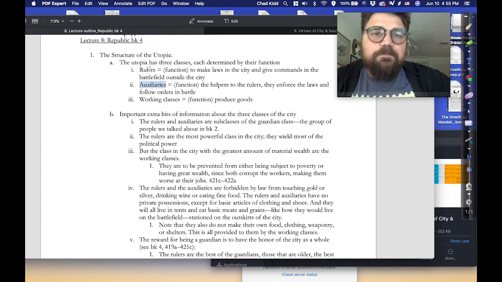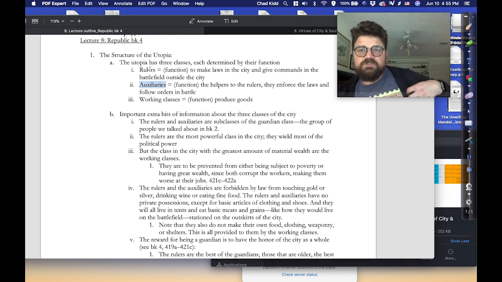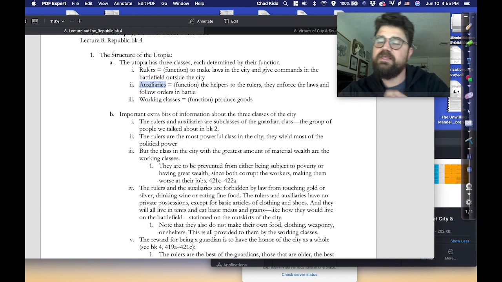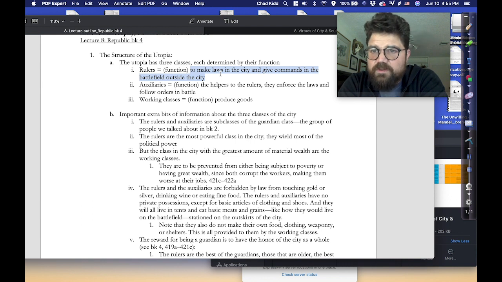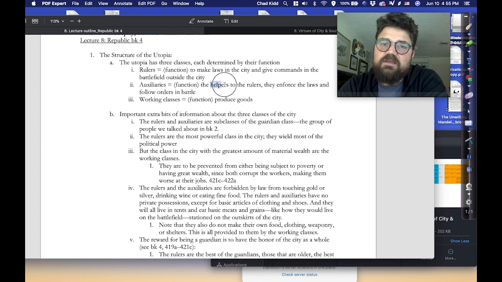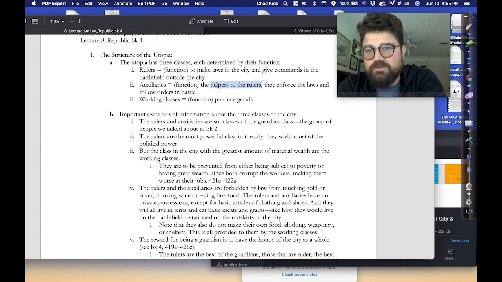Okay, so each of these classes has different functions. There's different things that each of them does, and they do it because these are the things they can do better than anyone else in the city. So the rulers, what's their function? Well, their function is basically to make laws in the city and to give commands in the battlefield outside the city. What do the auxiliaries do? Well, the function of the auxiliaries is basically to be helpers to the rulers, to be the ones who enforce the laws that are present within the city, and